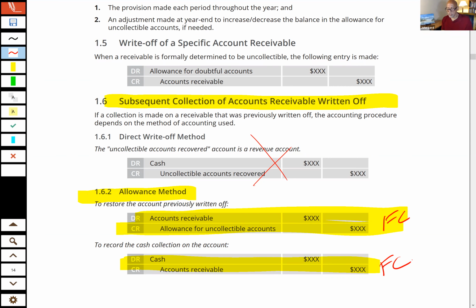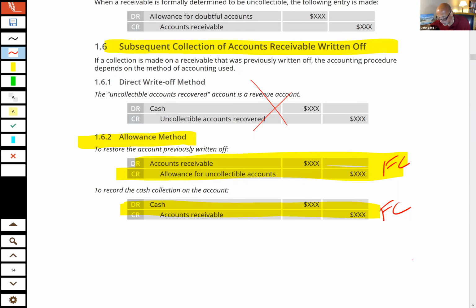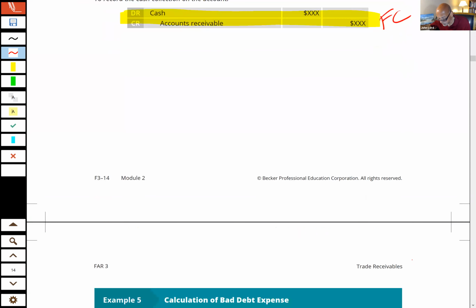Now, sometimes students say to me, well, wait a minute, now there's too much in the allowance because we put that amount back in the allowance. No, we put that amount in the allowance for people who really don't pay us based on our experience, not for people that maybe have a couple of rocky innings and then later on find some money and pay us. This is for people who really won't pay us. So we put that back in the allowance, waiting for those individuals, and we go ahead and we recognize the cash, we credit the receivable. Okay, so flashcard that,